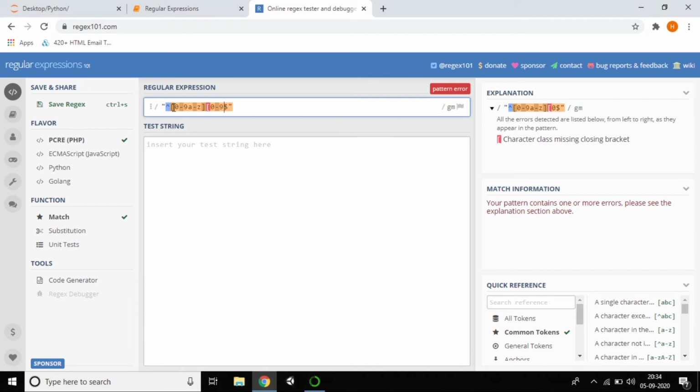Again I'm giving 0 to 9 as well as A to Z, because I want to validate both. So I'm giving the underscore, that's it. You can observe, I'm giving the underscore and now I'm giving the dot. Why I'm using the dot, I already explained: if you are using the dot to match the character, okay? That's why I'm using the dot here. And I'm closing this one.